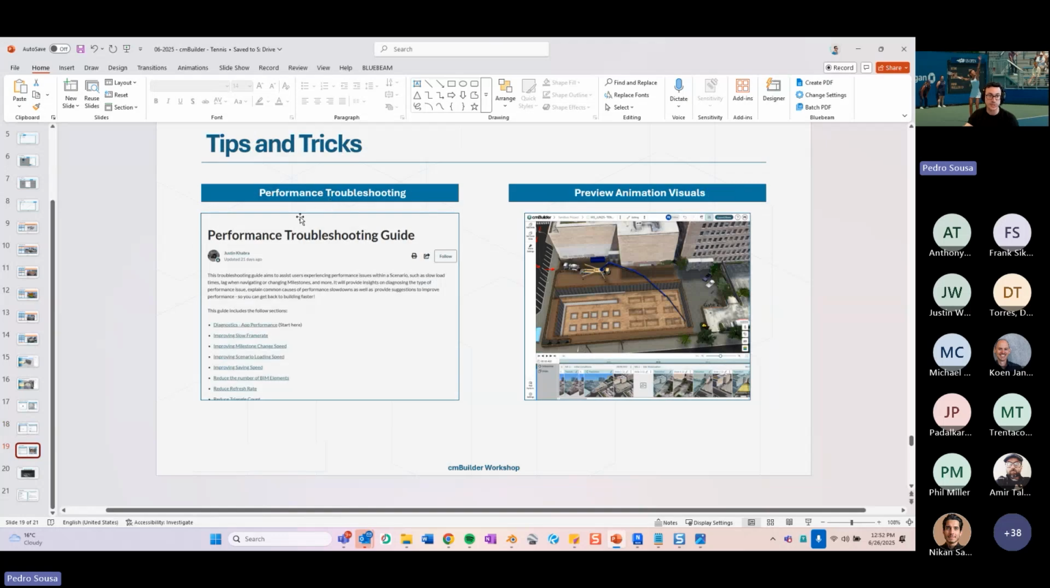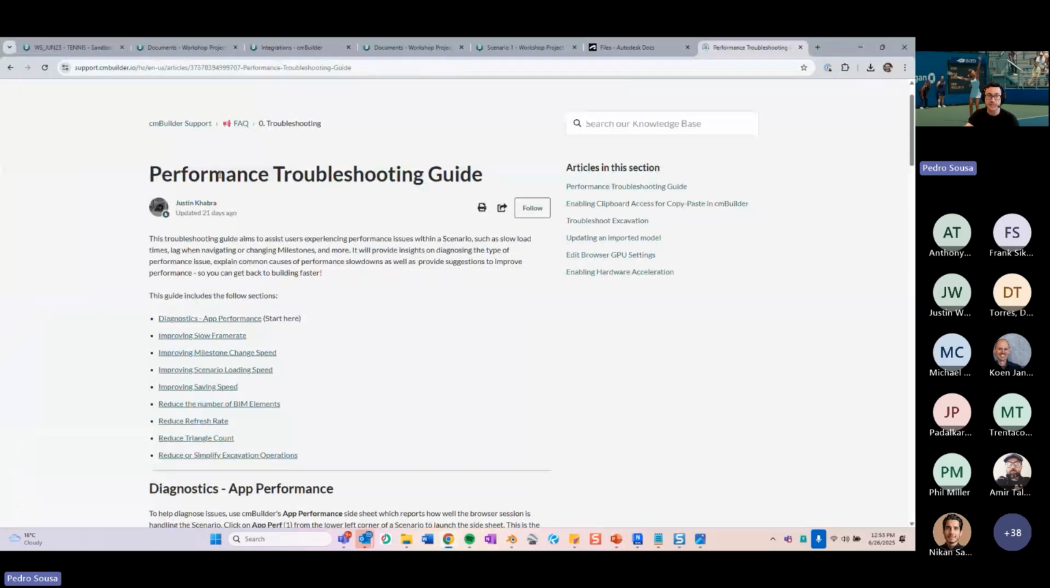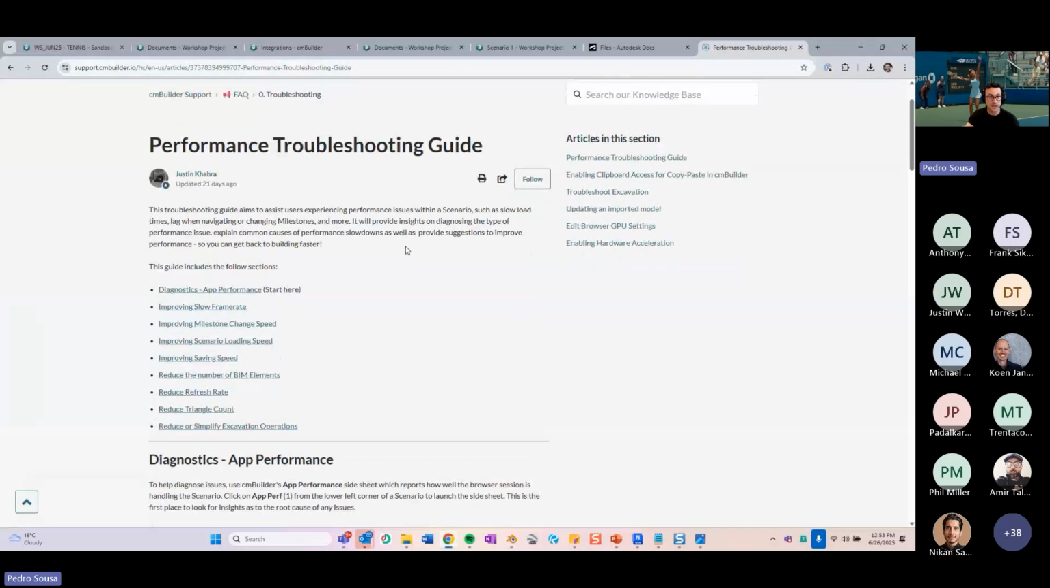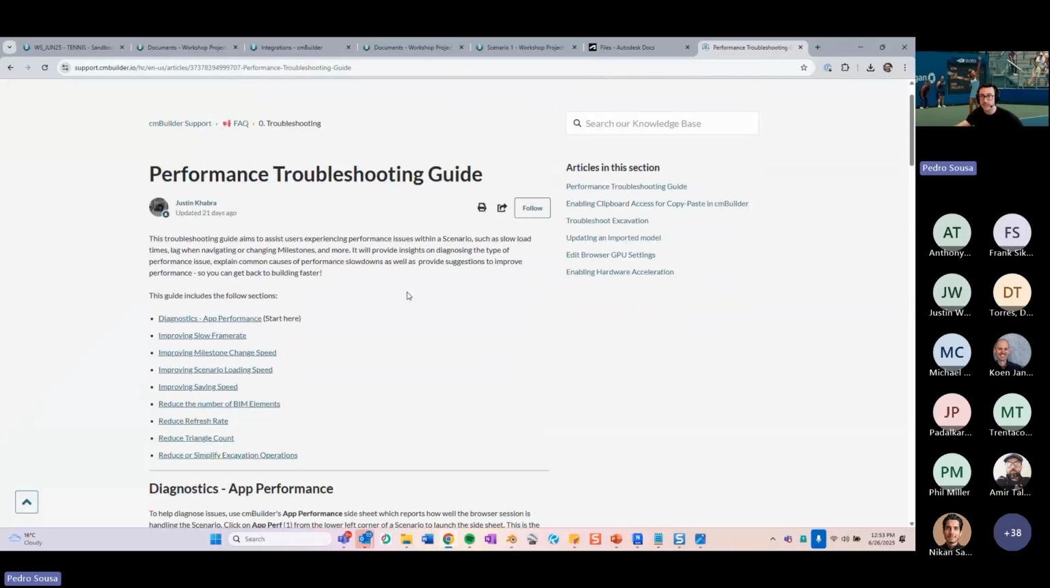One is the tips and tricks here, the performance troubleshooting guide. So this is very common in every 3D modeling software out there, that depending on the work that you're doing or how heavy your data is, you might stumble through some performance issues, right? And now that we have a user guide here, this performance troubleshooting guide written by my very good friend Justin, that's right behind me over here somewhere,